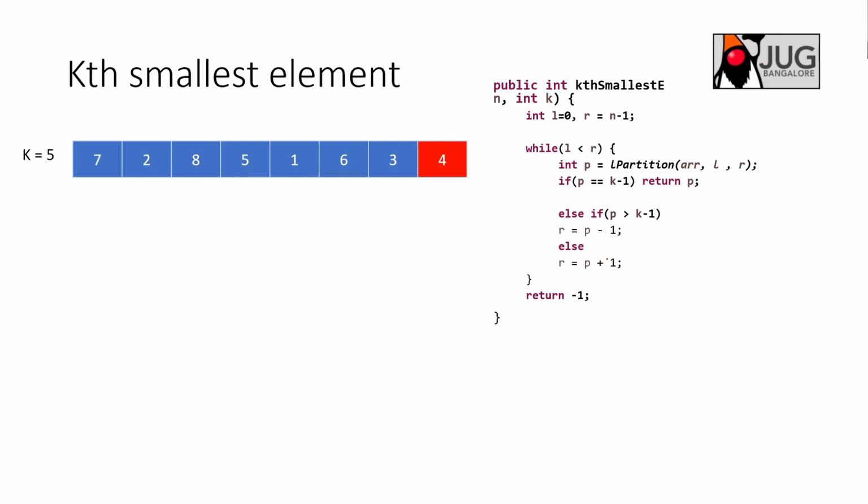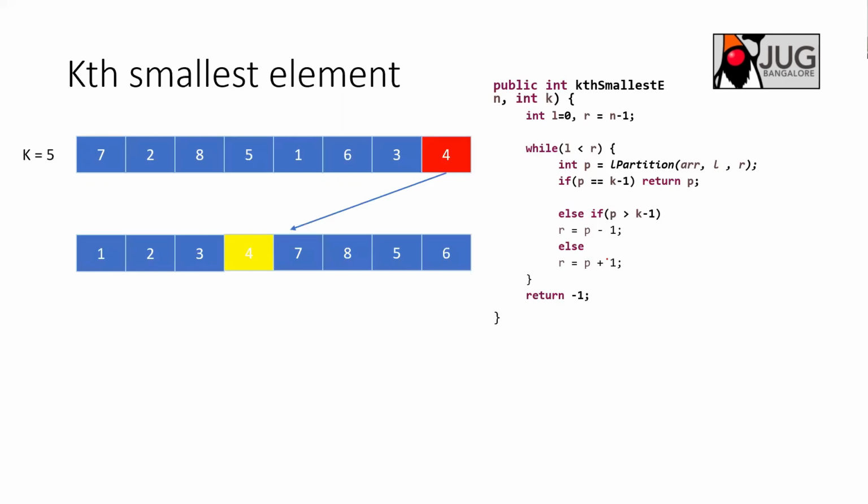Okay. So after Lomuto partition, how will it be? It will be like this: 1, 2, 3 comes, 4 comes, 7, 5, 6. It can be in any order, guys. Don't worry about that. Now you realize that the element you need to return is 5. So it exists on this side, right? So you're looking for this position, but this position is not properly placed yet. Only this position is placed.